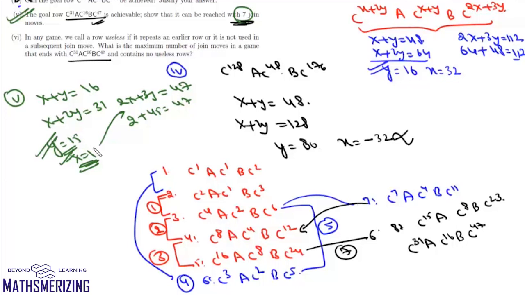Now for the same result, we have x 1 time and y 15 times. So what we can do is, rather than joining these new rows, we can join y with y to form y2, y3 and y15, and then we add it to x. So in this case, we'll have 16 different rows, and in order to join these 16 different rows, we need 15 joins. So the maximum number of join moves will be 15. And that is the answer to this question.